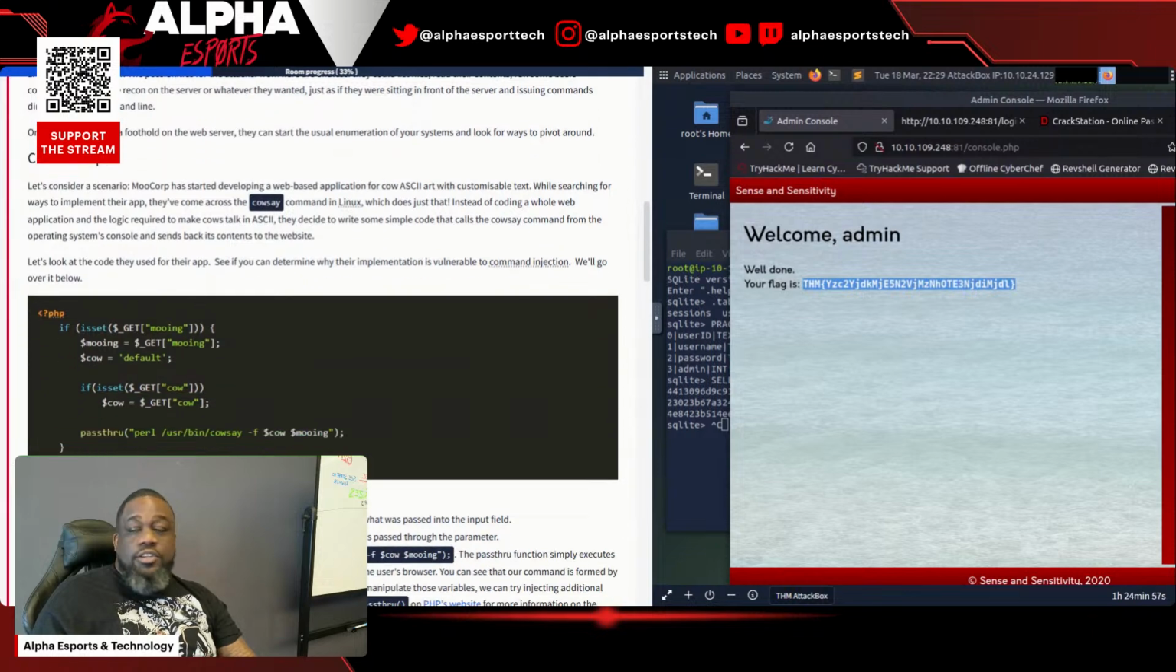It says, let's consider a scenario. MooCorp has started developing a web-based application for cow ASCII art with customizable text. While searching for ways to implement their app, they've come across the cowsay command in Linux, which does just that. Instead of coding a whole web application and the logic required to make the cows talk in ASCII, they decided to write some simple code that calls the cowsay command from the operating system console